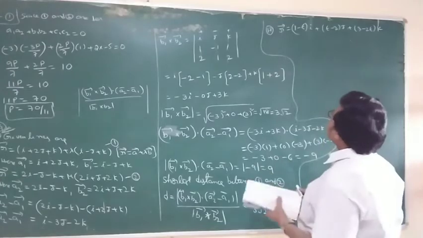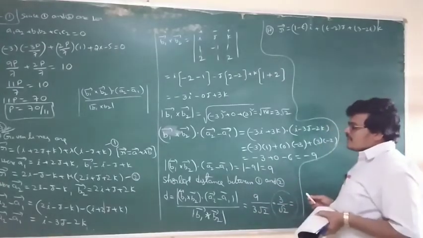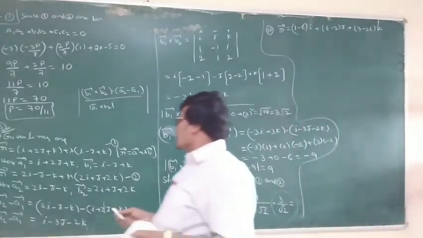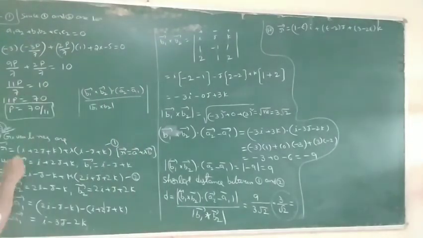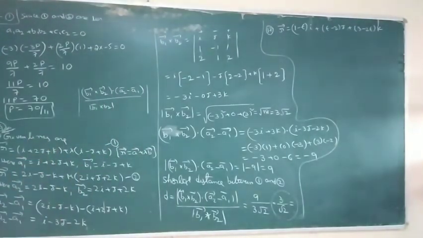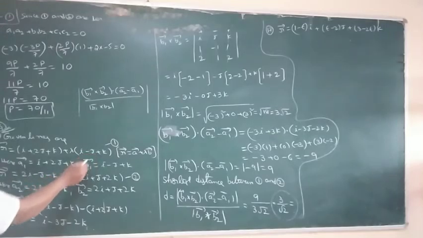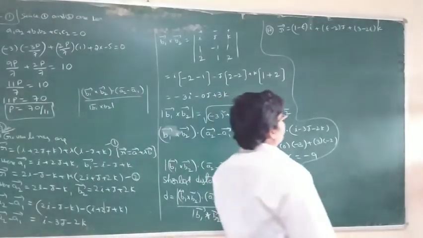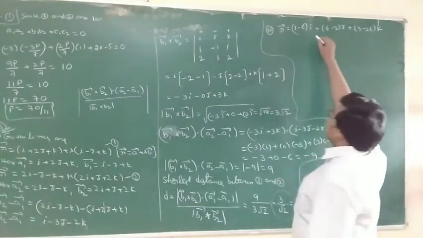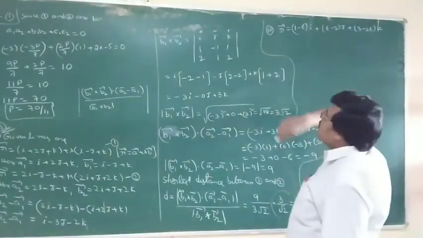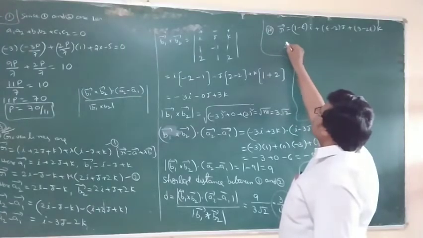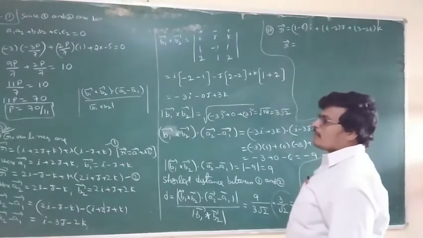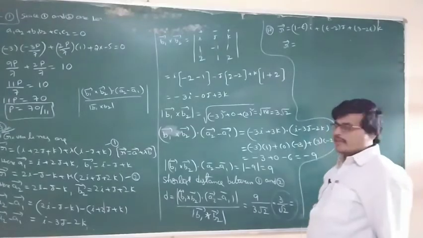So actually, the general form of the vector equation is r̄ = ā + λb̄, where lambda is a parameter. Directly, this is a1, b1, next a2, b2. But in the 17th problem the vector equations are given indirectly, so we convert them into the general form. What is the general form? ā plus lambda into b̄, this type.